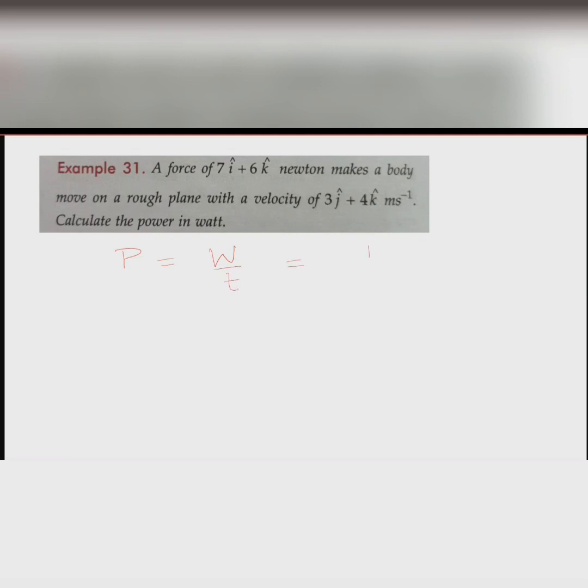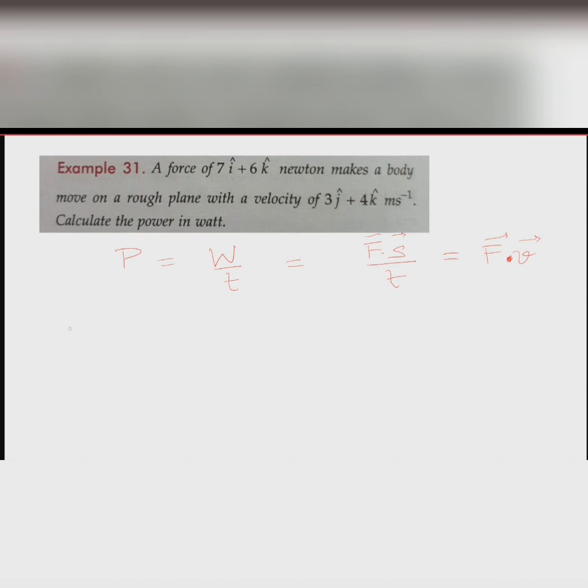Work done, what did we just see it is? F dot S divided by T. What is S by T? Displacement upon time. Velocity. Very good. So F dot V. So power is F dot V. So this is one more quantity which is a product of two vectors, but it's a scalar quantity. Power is a scalar quantity, whereas force and velocity both are vector quantities.